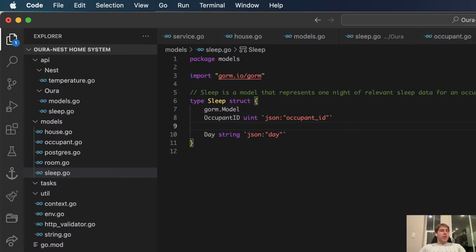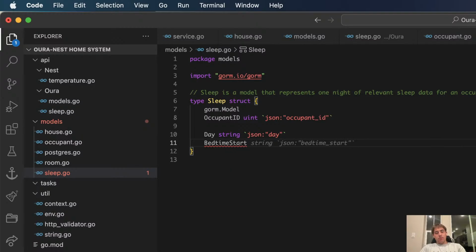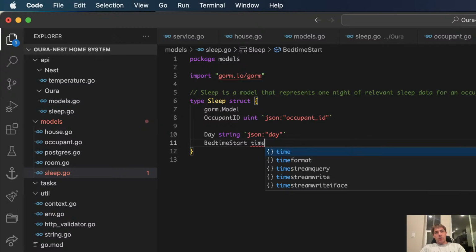I smell something like a candle. Yeah, it went out. Let's see, RM model, occupant ID. I think that's fine. And then the sleep document data. Day, bedtime, start. I want to do this time dot time.